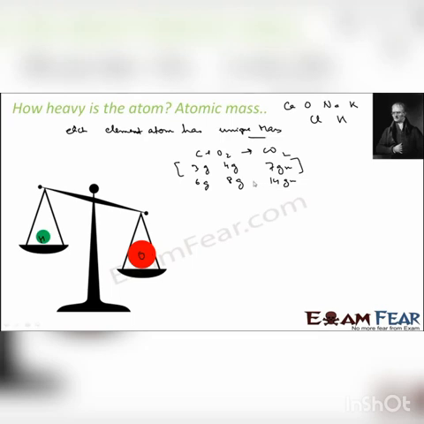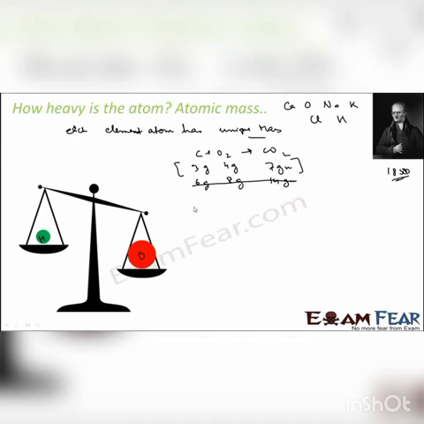So with this we can actually find relative atomic mass. We are talking about the 1850s era, where actual atomic mass was difficult to find. Now, using instruments from physics, we can actually find the actual atomic mass, but at that time it was impossible to find the actual atomic mass, though it was okay to find the relative atomic mass. For example, 3 grams of carbon reacts with 4 grams of oxygen to give carbon dioxide. This is a balanced reaction.